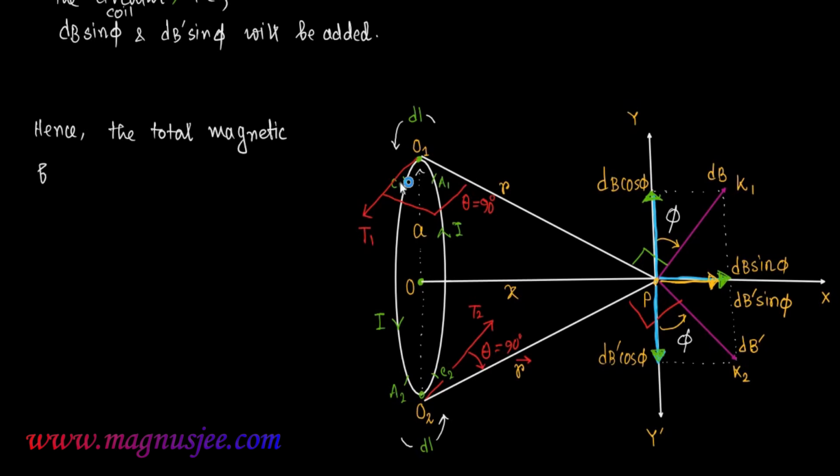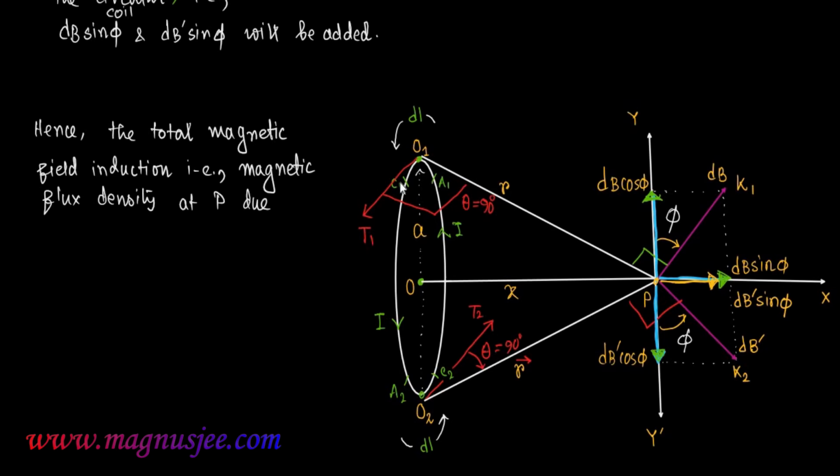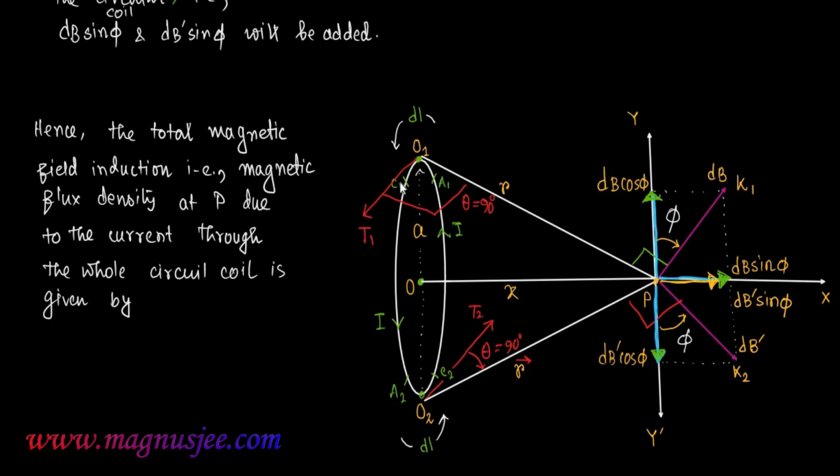Hence the total magnetic field induction, that is the magnetic flux density at the point P due to the current element through the whole circular coil, is given by